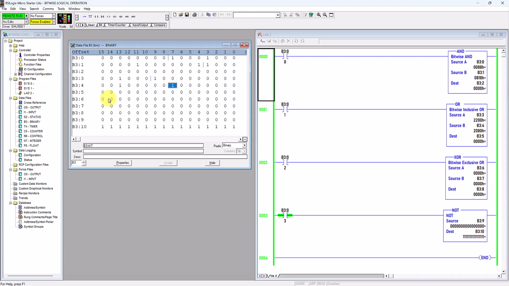Okay, 6 maybe change to 1, maybe 1, maybe this one change to 1. So 8 is the result, so 9, this one I will change to 1. Okay, so this one. Okay, so